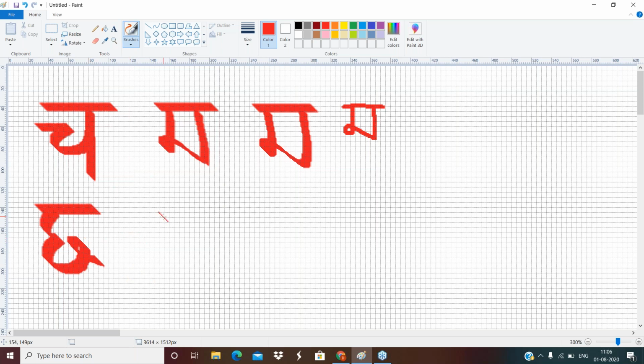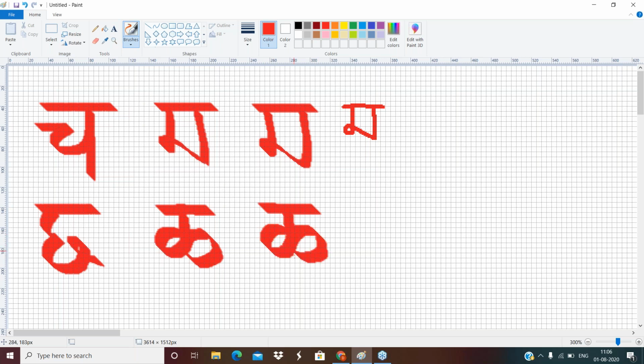Now, interesting thing here, students. Ch in Sharda is almost like K, but it does not have the line after that. You see here, there was a line in K, but in Ch we do not put the line here. This is Ch. Now, if I have to draw that once again, here, here. So if you have learned to draw K, Ch is very easy. There is no line after that. That is the differentiation between K and Ch.